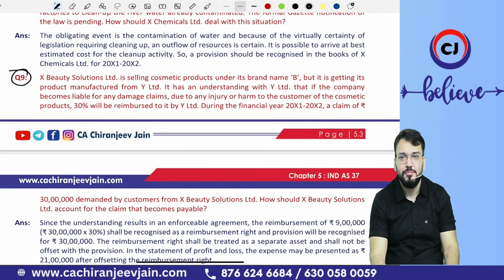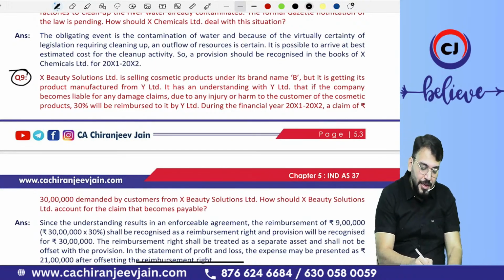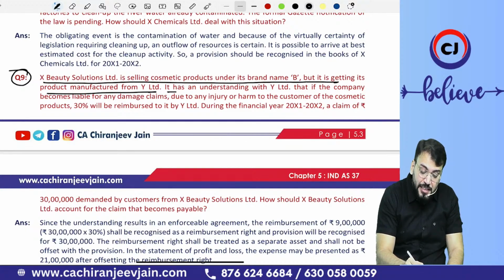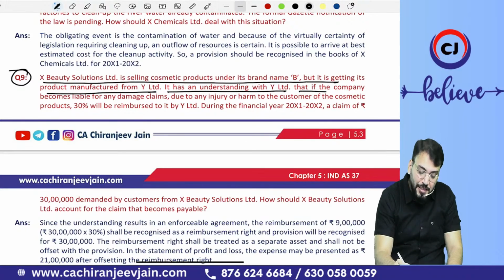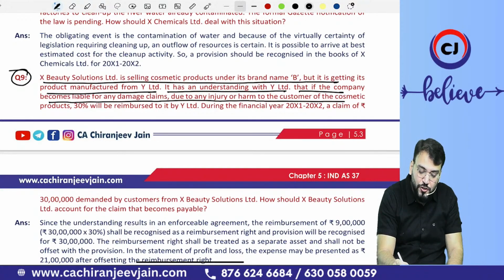First a simple question, then I will take an interesting question. X Beauty Solution Limited is selling a cosmetic product under a brand name B, but it is getting its product manufactured from Y Limited. It has an understanding with Y Limited that if the company becomes liable for any damages claim due to an injury or harm to the customer of the cosmetic product, 30% will be reimbursed to it by Y